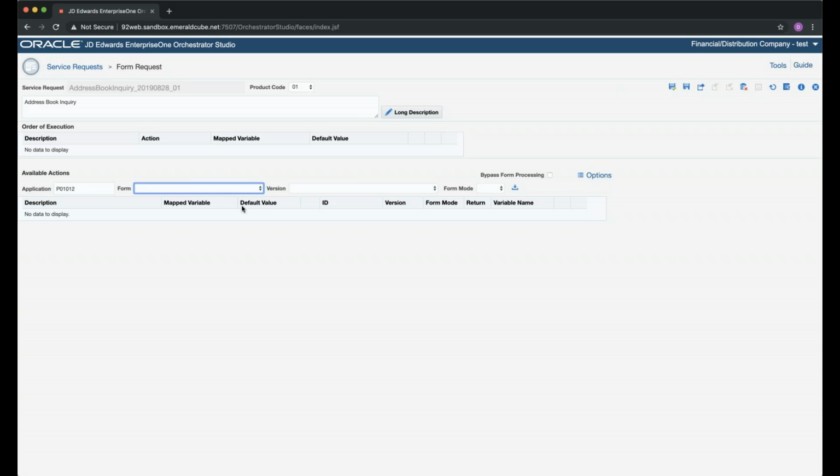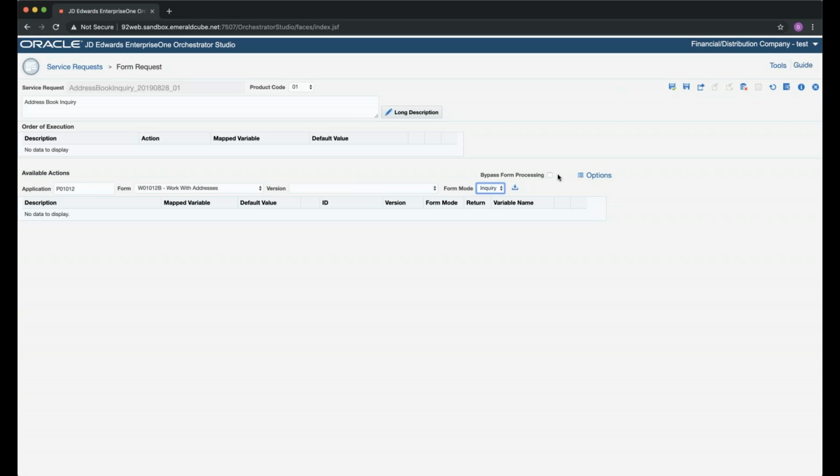Here, like I said, we're going to go in via the work with addresses. In this specific case, we don't care what version we're using, so I'm just going to leave the version blank. And the form, I'm doing an inquiry, so I'm going to go ahead and say inquiry. Some of the forms matter on what way you're entering them, if it's an add or an update or an inquiry. In this specific case, it doesn't actually matter, but I will flag it as an inquiry just for best practice as well.